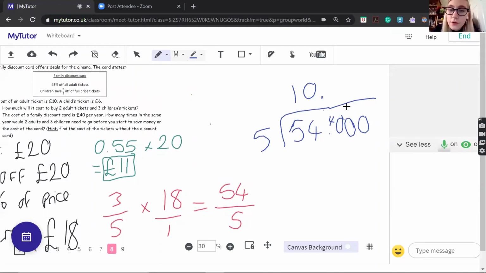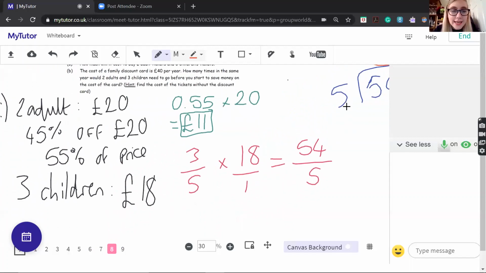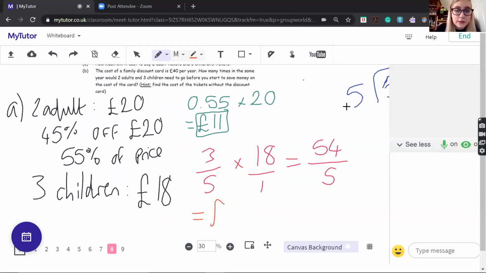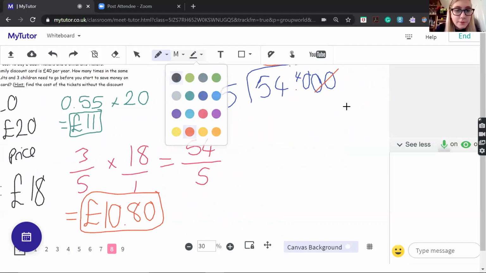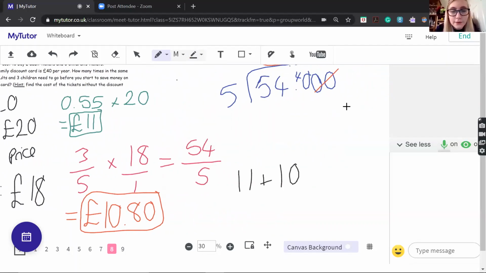Remainder 4. 5s into 40 go 8. And then we don't need any more of these decimal places. This is our solution. So this will be £10.80. That is how much it costs. £10.80 for the kids. So we're going to add those costs together, £11 and £10.80, and we'll get £21.80, which